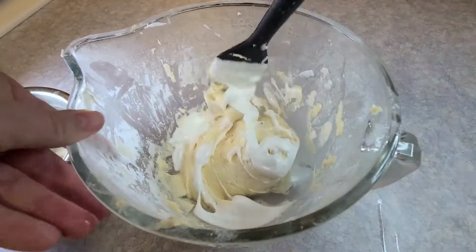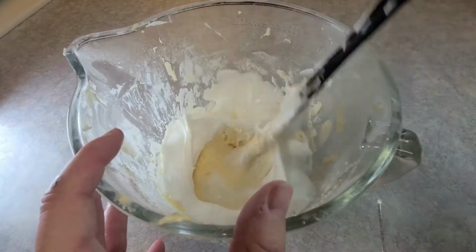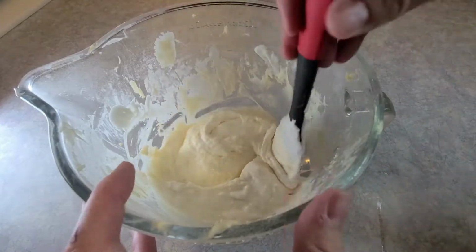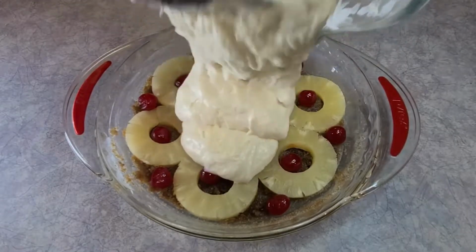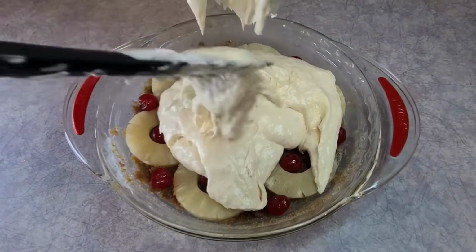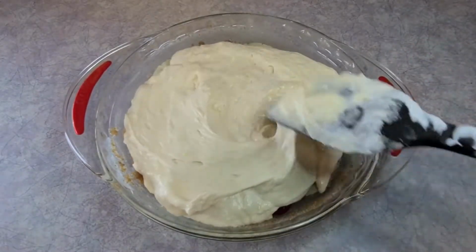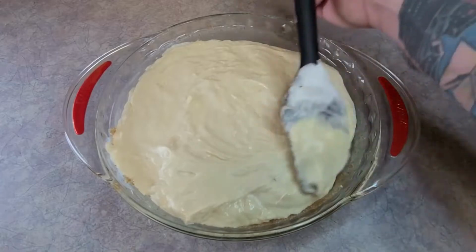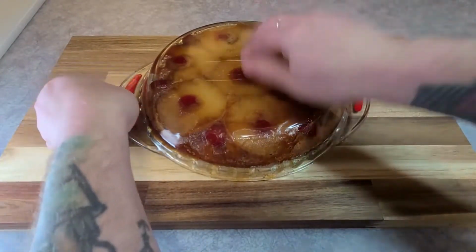I did mine a few scoops at a time. You can just dump it all in if that's how you want to do it, but you're just taking care to fold it all in gently, making sure you're not knocking too much of that air out until it's all come together and it's creamy and it is able to spread on top of the awaiting sugar and fruit mixture. Get that all spread on top, make sure it's evenly distributed, pick it up, tap it against your counter a few times so it gets into those hard to reach places, and then throw it into your awaiting 350-degree oven. Bake for about 35 minutes or until the middle can spring back when touched, and turn it over onto your